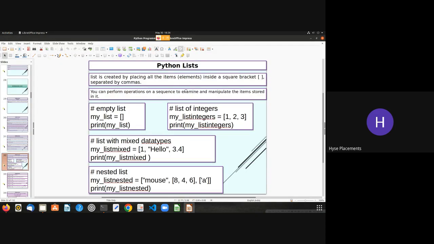Okay. So here I have given a few examples actually. A list is created by placing all the items or elements inside a square bracket separated by commas. Yeah, that's the final definition for the list. You can perform operations on a sequence to examine and manipulate the items stored in it. Yeah, this thing we already discussed. To create an empty list, this is the syntax: my list is equal to two square brackets, open and close. That's it. Okay. So this is the syntax for creating the list,